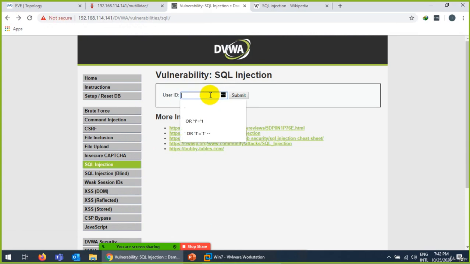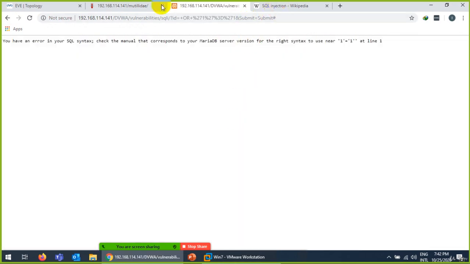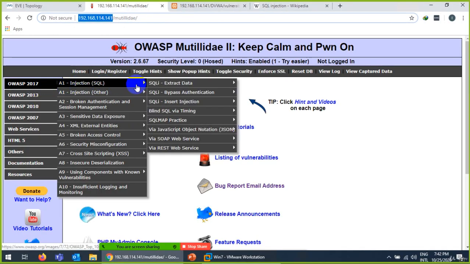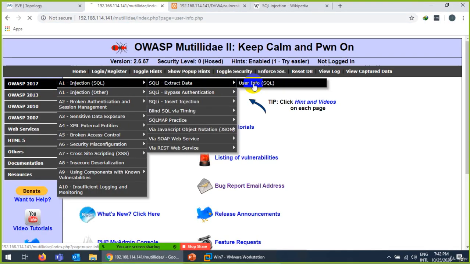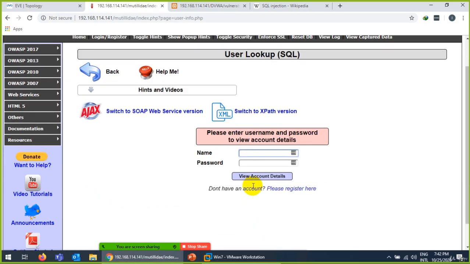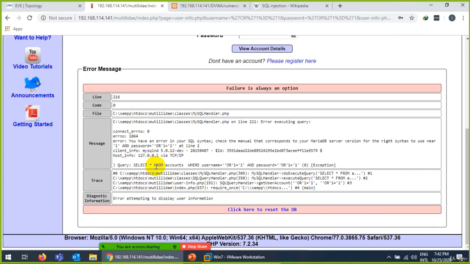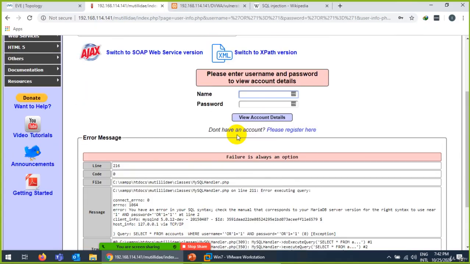So let me try the first one. It's not showing it. Let's try there. I think there is some issue. We can try from here as well. SQL injection and user information. Okay, and type the same thing here which we typed there, and also if you want to, put it as a password as well, and when you select it, it will show you, okay, it's an error now. So it means this is vulnerable to SQL injection, but